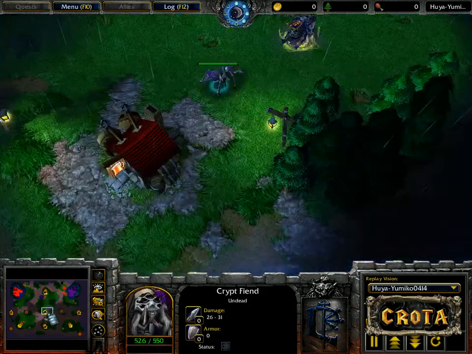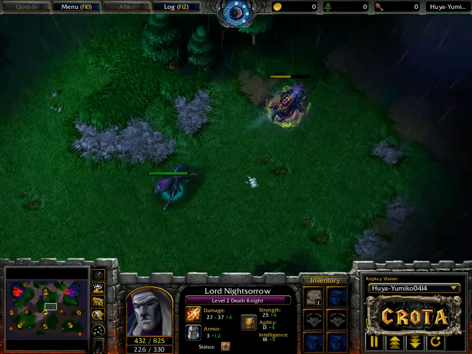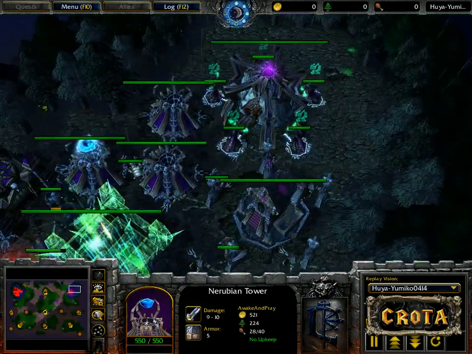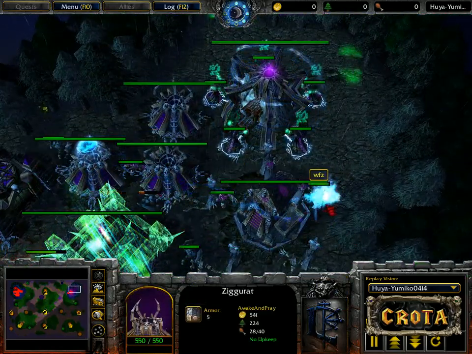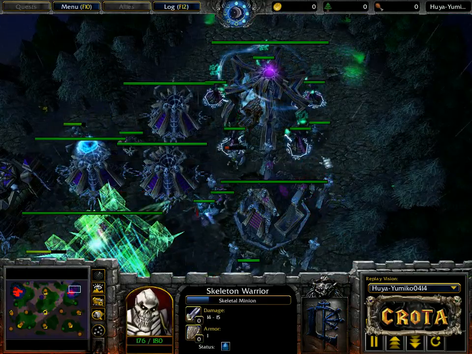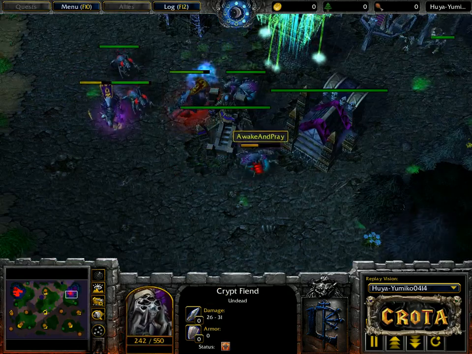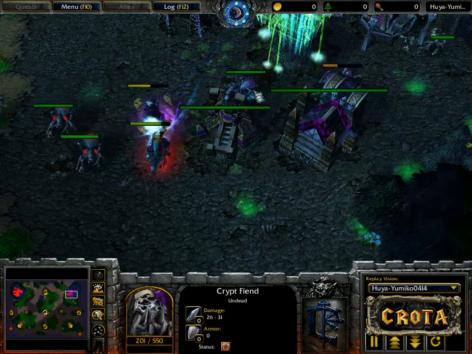Ensnare now coming into play. That is actually a little bit of an unlucky break by 120, as we're now looking at an engagement here. All right, one Nerubian Tower. Ghouls are already in position, and wow, those ghouls now trying to rush on in right here. You can see that the Death Knight may be able to get in a Death Coil onto his units,